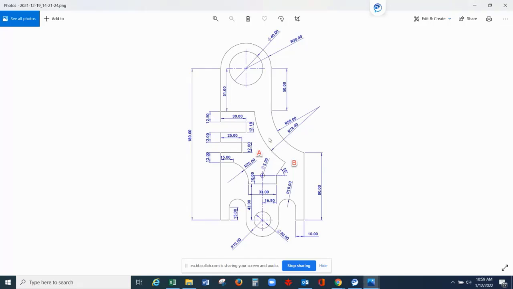After completing the drawing, we will apply the 3D features of SolidWorks.